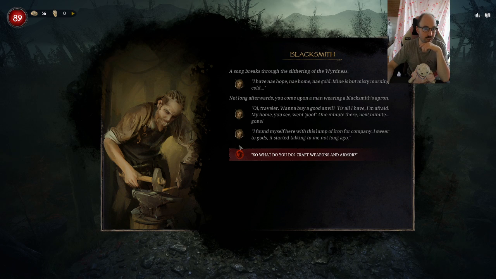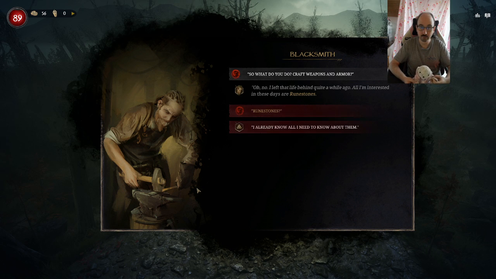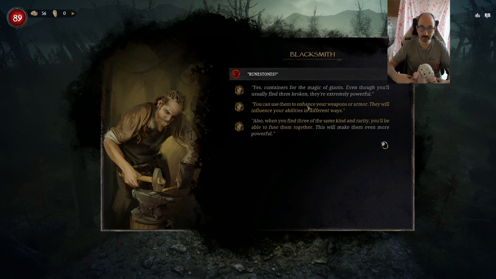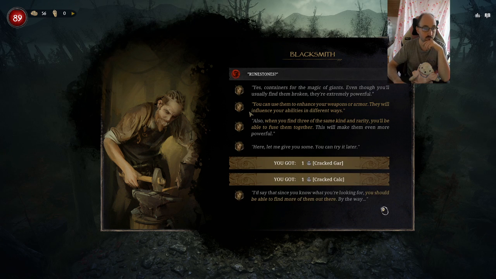So what do you do? Craft weapons and armor? Oh, no. I left that life behind quite a while ago. All I'm interested in these days are rune stones. Rune stones? Yes, containers for the magic of giants. Even though you'll usually find them broken, they're extremely powerful. You can use them to enhance your weapons or armor. They will influence your abilities in different ways. Also, when you find 3 of the same kind and rarity, you'll be able to fuse them together. This will make them even more powerful. Here, let me give you some. You can try it later. I'd say that since you know what you're looking for, you should be able to find more of them out there. By the way,